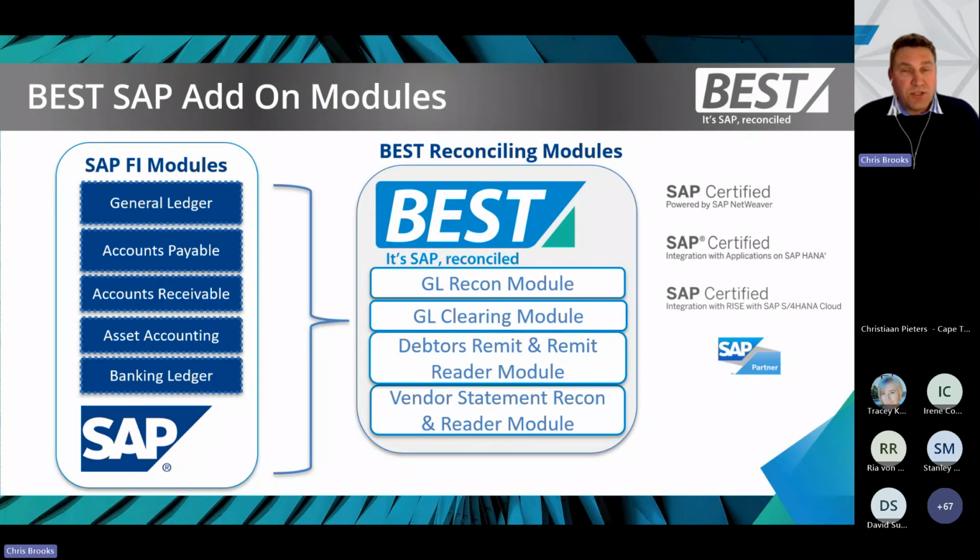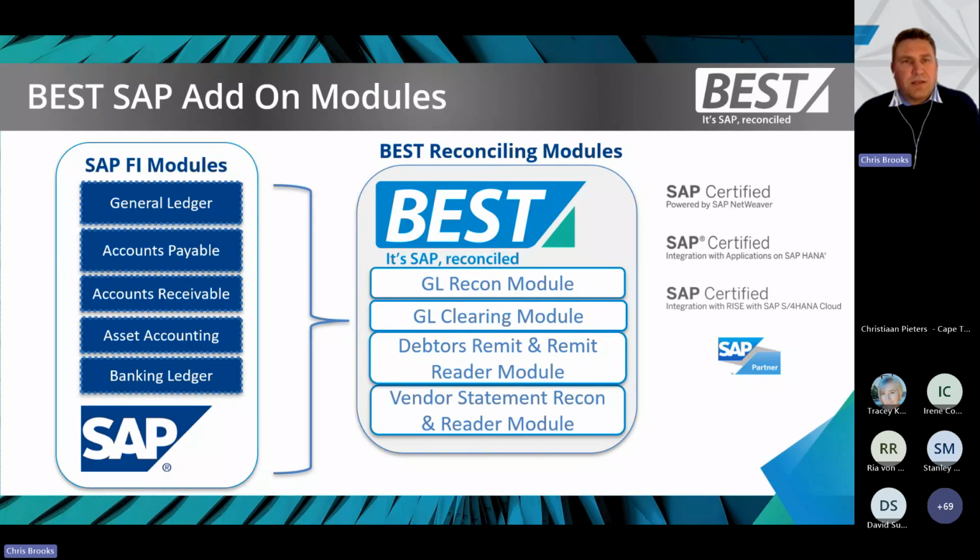We also have a GL Clearing module. This is primarily looking at managing open items in SAP. This can become quite a burdensome process within SAP, managing the clearing of open item balance sheets, customer and vendor accounts. And we find particularly where it becomes an issue is when you're looking at more complex clearing across company codes or across multiple different accounts, perhaps references on different reference fields. We can actually automate all of that type of clearing using some nice programmatic matching to help you reduce the time and effort spent in that space.